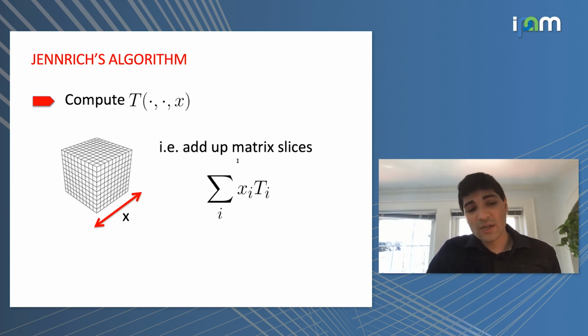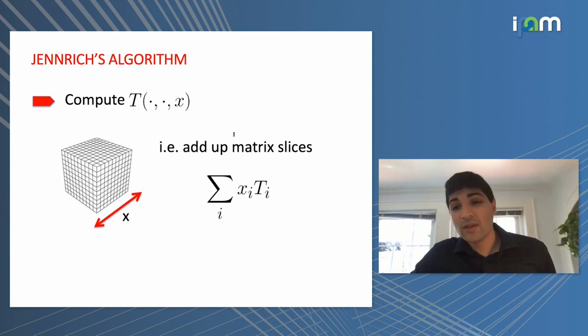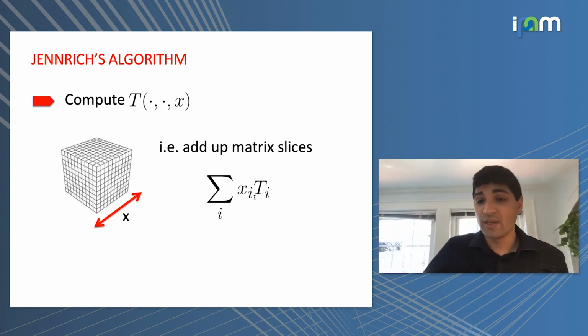So the first thing that you're going to do is you're going to take your tensor and you're going to squash it into a matrix. In particular, what you're going to do is you're going to choose a random vector x. Just for simplicity, let's assume that the tensor T is n by n by n. So my vector x is a dimension n vector. It's random. Maybe random from the unit sphere suffices. And what you're going to do is you're just going to add up these different matrix slices through the tensor, weighted by the different entries of x.